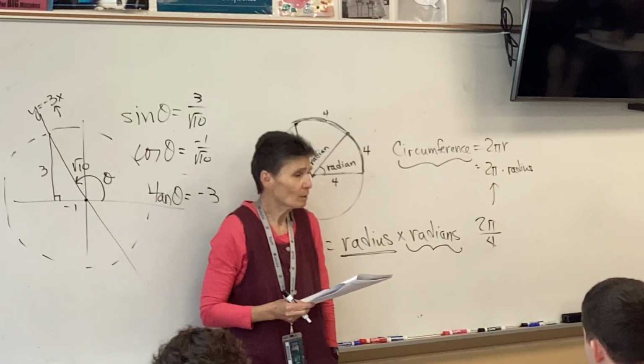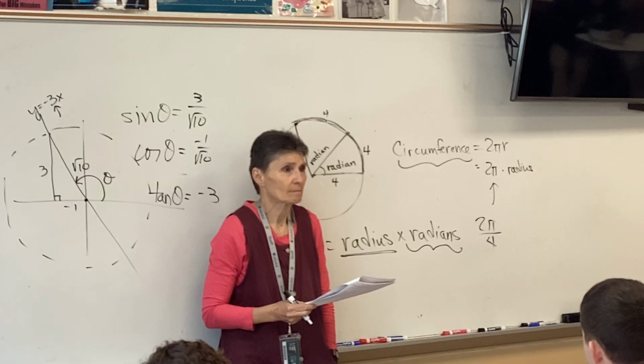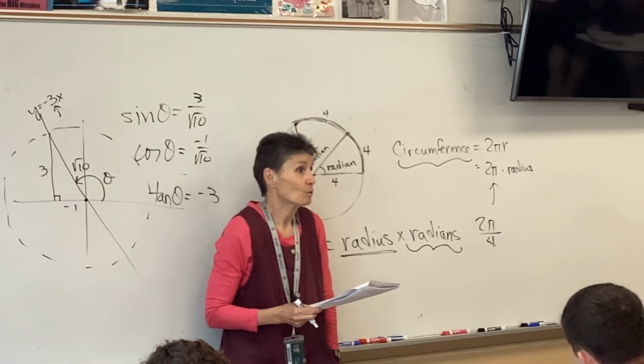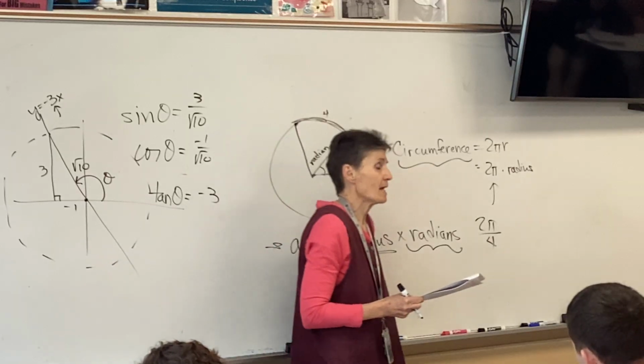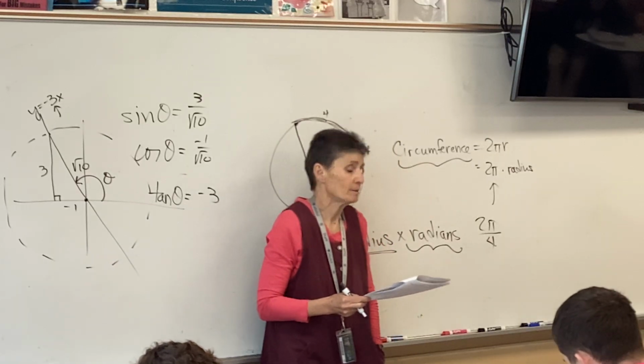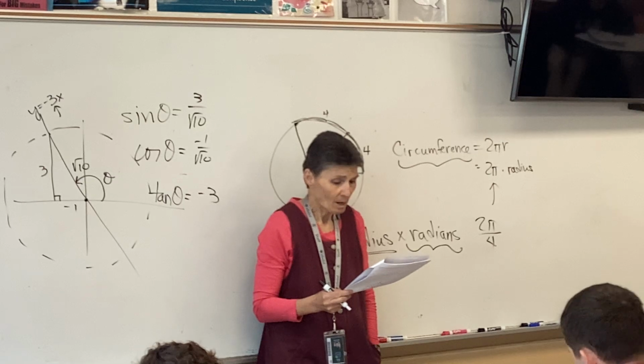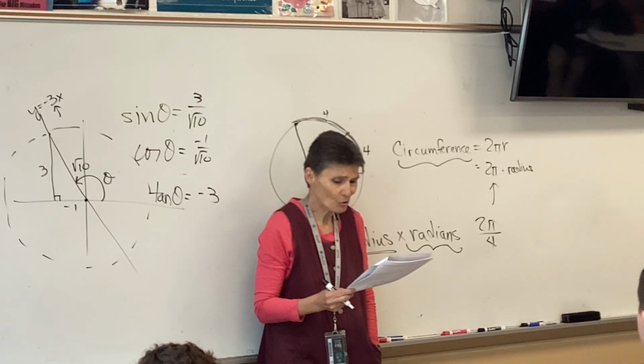Does it matter what the radius of the circle is? No, that's irrelevant. The radius would impact the arc length, but not the measure of the angle. A fourth of a revolution is pi over 2. How about a third of a circle